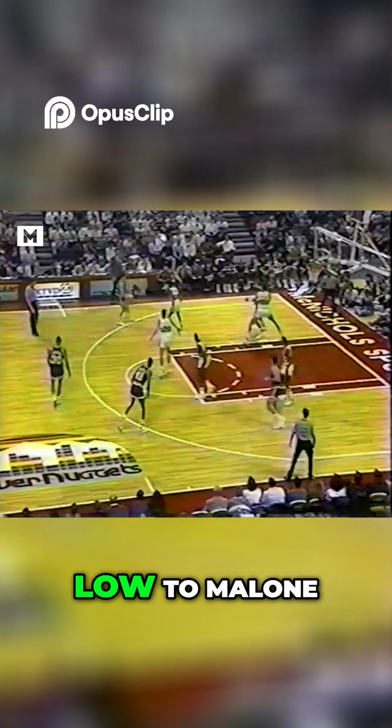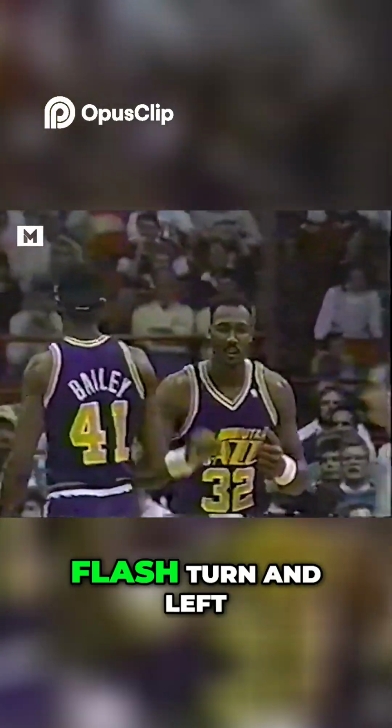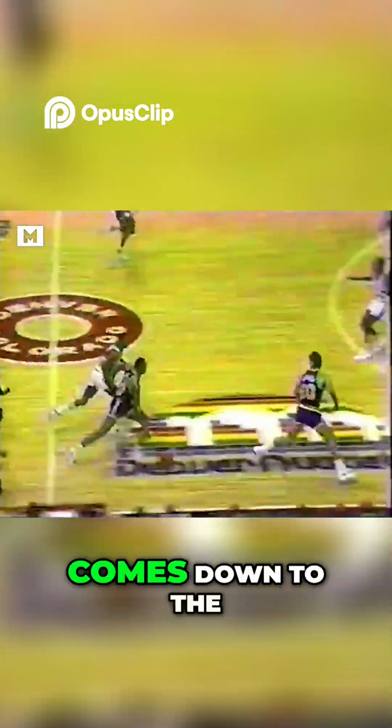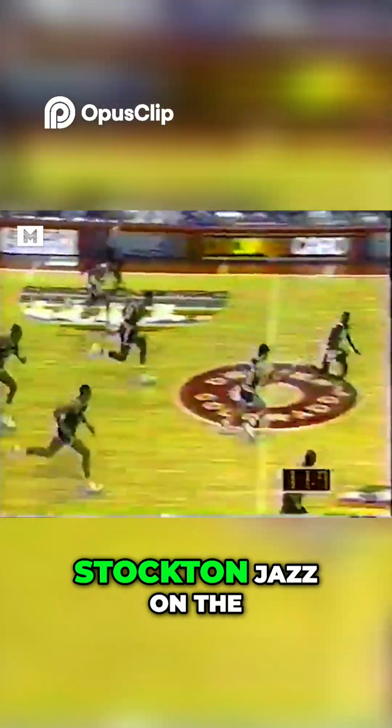Rasmussen on his back, low to Malone. Karl across the middle, good move, put it in, yes, it counts, he's fouled. Boy, he set him up twice, turning left, dribbles out of traffic, comes down the right side, he's got Malone with him, he goes to Malone, hammer dunk, the Mailman, what a hammer dunk. And the ball goes to Walter Davis, put up a shot off the rim, grab Malone, Stockton, Jazz on the